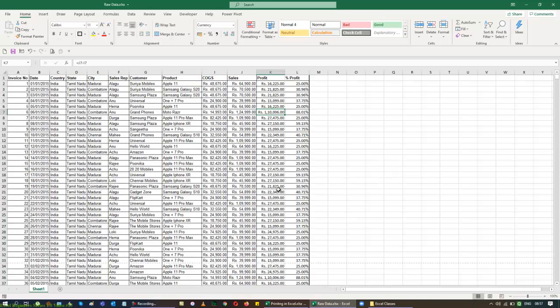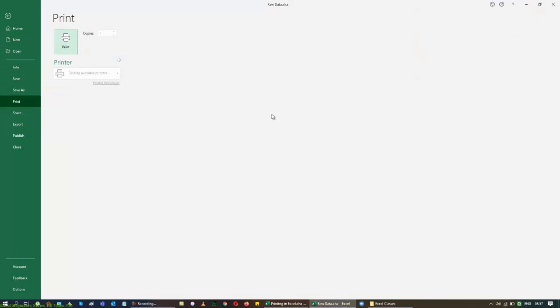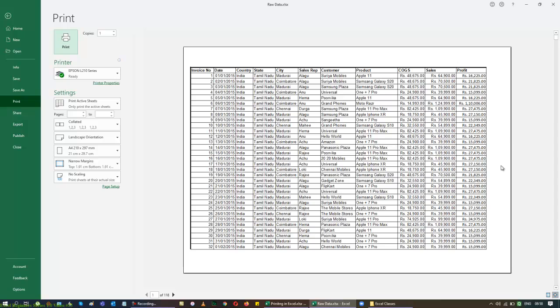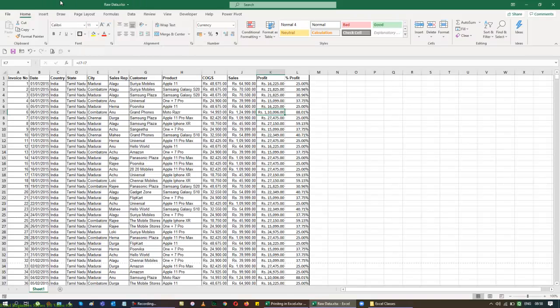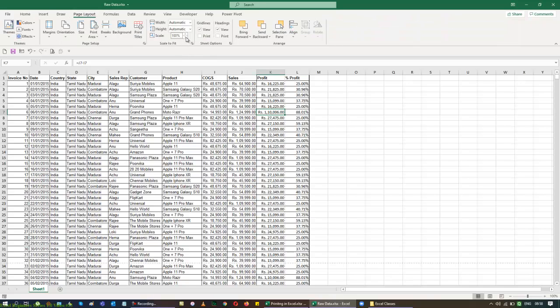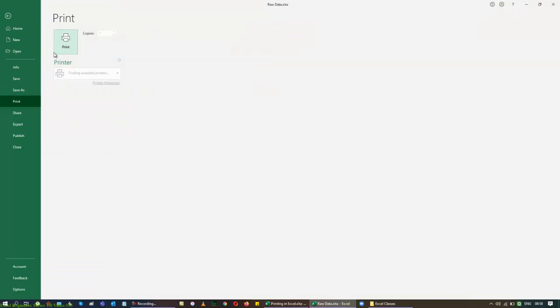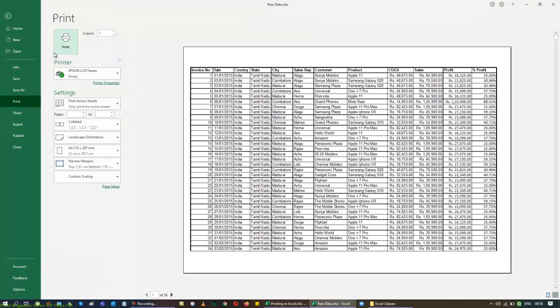So now I got my list all coming up, but I still have a difficulty even in landscape mode. When I go to my preview, you can see that it's in landscape mode, and I am not getting my profit percentage. That's fine. So now I can reduce the scale factor to 95% or maybe 90. In 95% itself, I can accommodate it. So if it is coming to you in this way, you can happily take that. Now my data can be printed out on all my sheets.